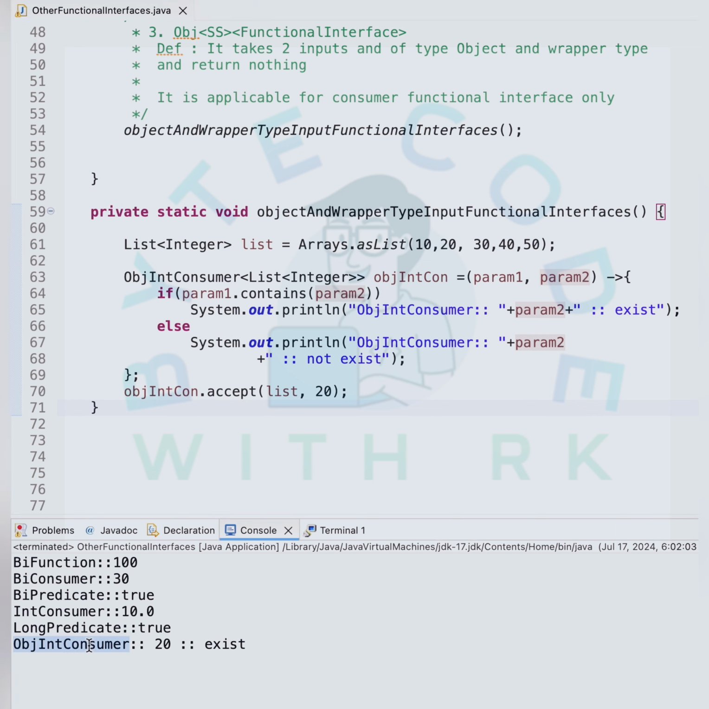Object into consumer 20 exists. Okay, so it exists. Suppose I pass 70 and see if it exists: 70 does not exist. Same thing we can apply for the